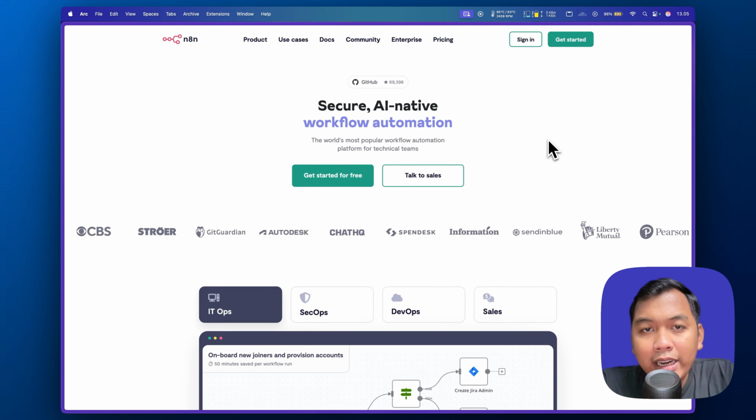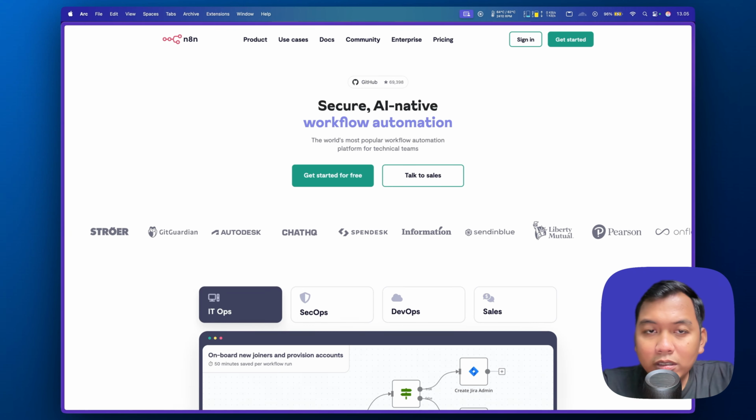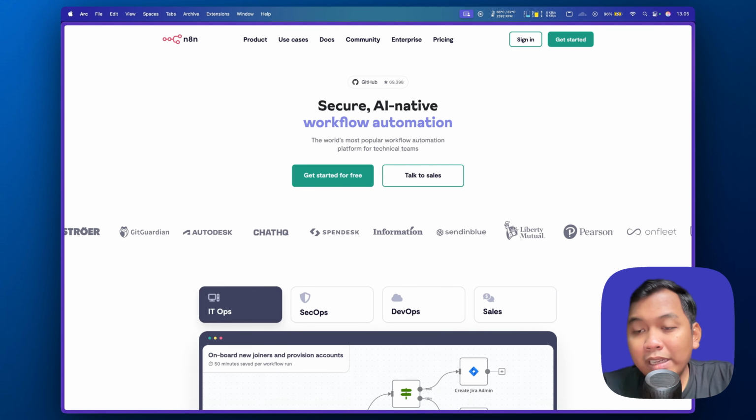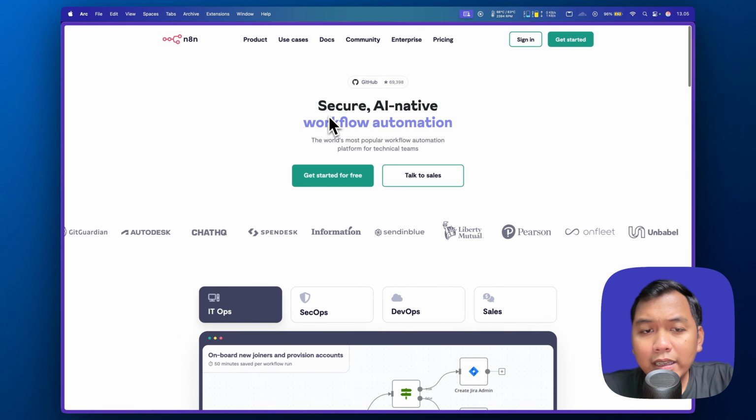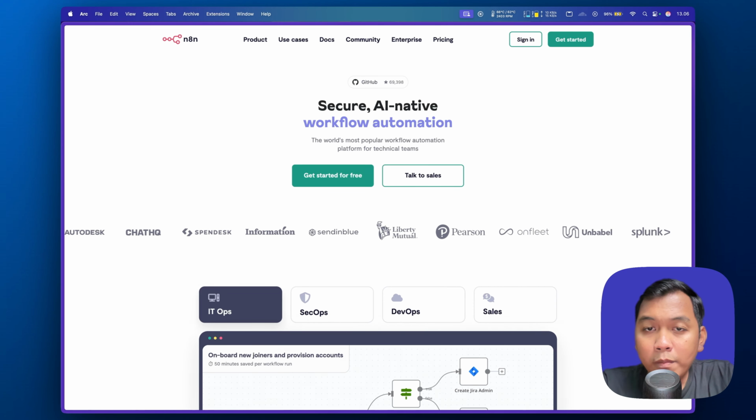For those who don't know what n8n is, shortly, it's a workflow automation tool. As you can see here, it's an alternative to Make.com, Zapier, and so on.